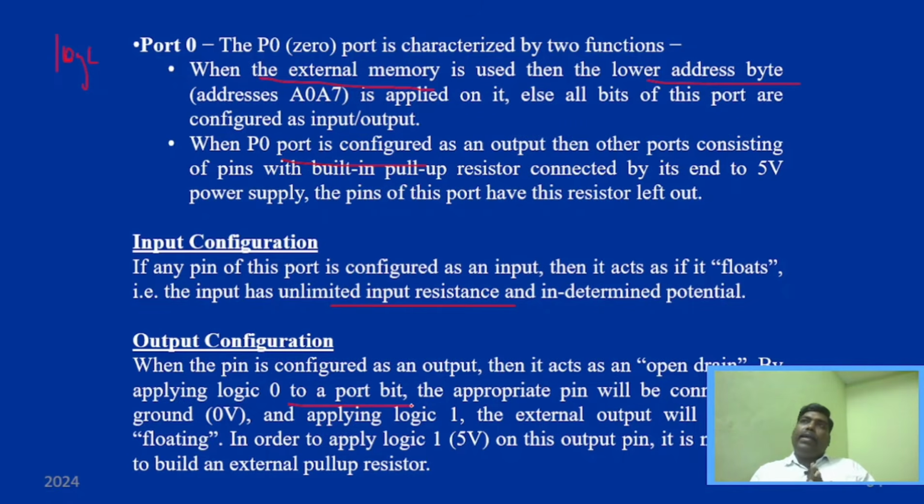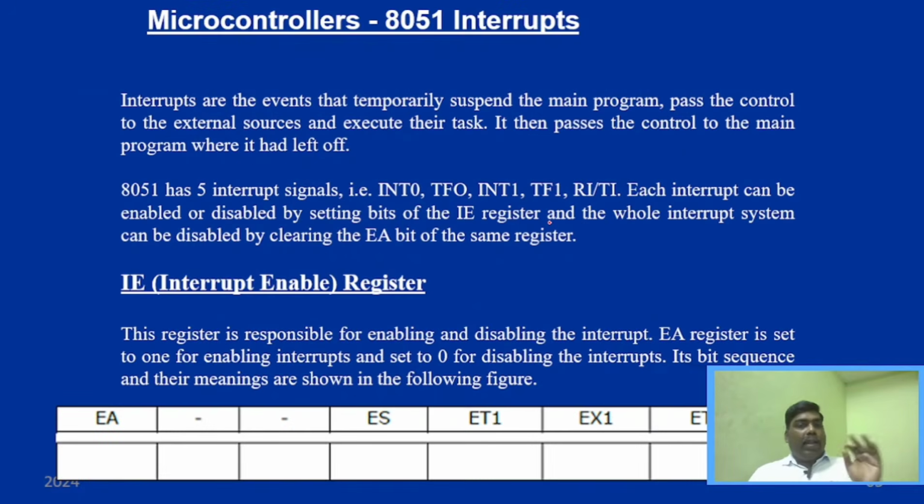So as of now, you understand that whenever you need to configure a port for input, you have to give logic 1, and whenever you need to configure the port as an output pin, it has to be configured with logical 0. That is about IO addressing. And apart from it, we have already seen